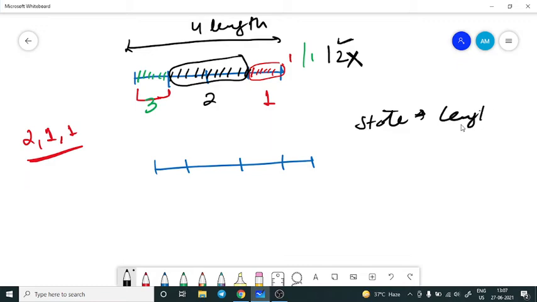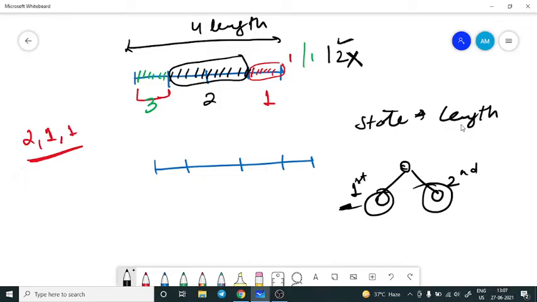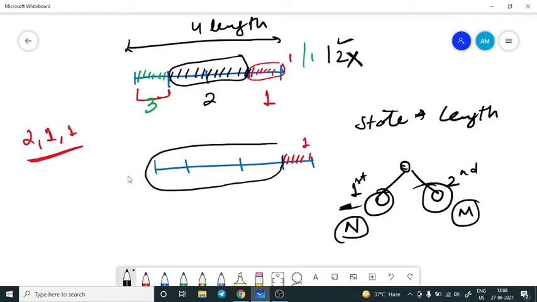So if I have two states, this is my one state and this is my second state, right? These two states vary from each other with respect to the length. Suppose this state had a remaining length of n and this one is m, right? Now I hope you understand what I mean by state. Here if I cut it out with this entire length of 1, the sub problem is reduced to this one, but the task is again the same, right?